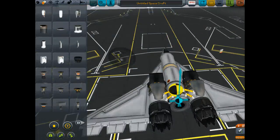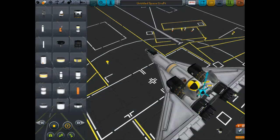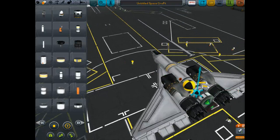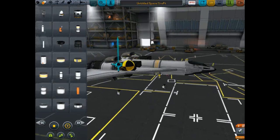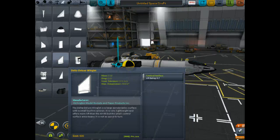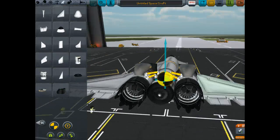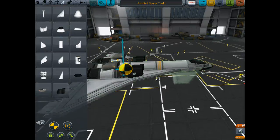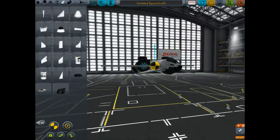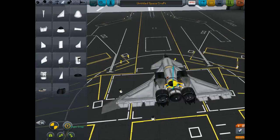So how are we going to deal with this problem with the thingy? Well, we could always put a fuselage there, but that would look quite ugly, so we're going to use just another one of these. That weighs almost nothing. Okay, how are we going to move lift forwards a bit? Ah, yeah, I know. How did I not think of this before? Okay. How is that? Needs to be slightly further back, if you ask me. There we go. I'd say that looks pretty cool. Now, always for, you know...